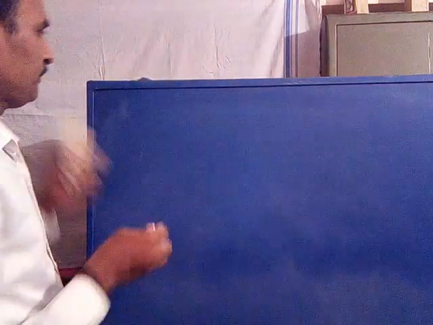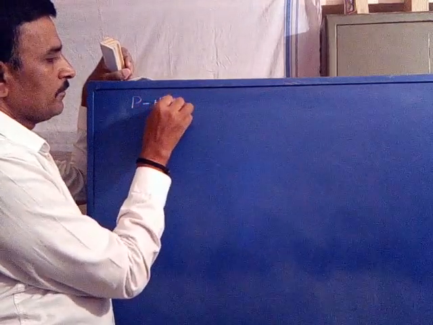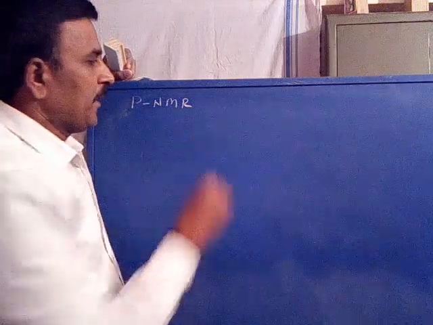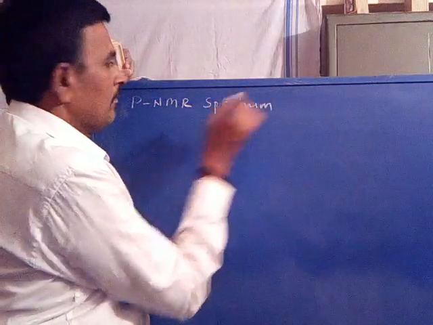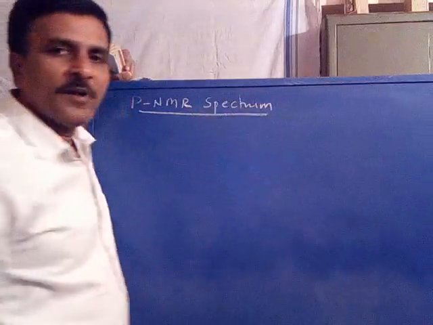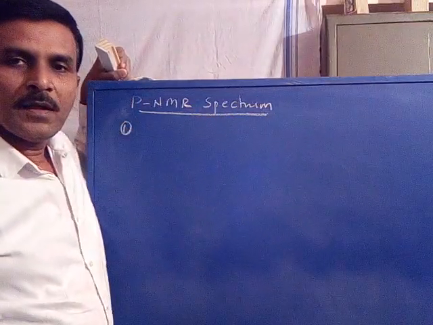Now first one, phosphorus NMR spectrum. First molecule is ATP,